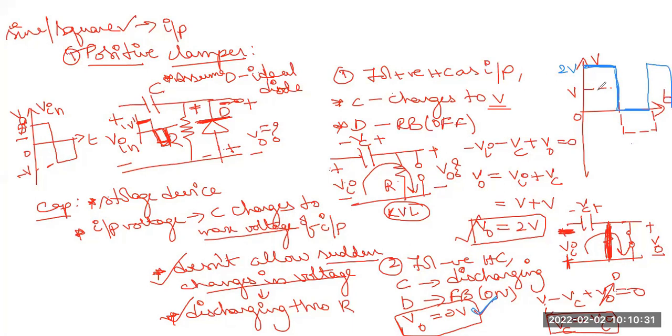So finally, the one with the broken line is your input waveform, and the one with the solid line is the output waveform. Clear? So this is how we have the input and output waveforms of a positive clamper. Okay, and next class we will discuss about the